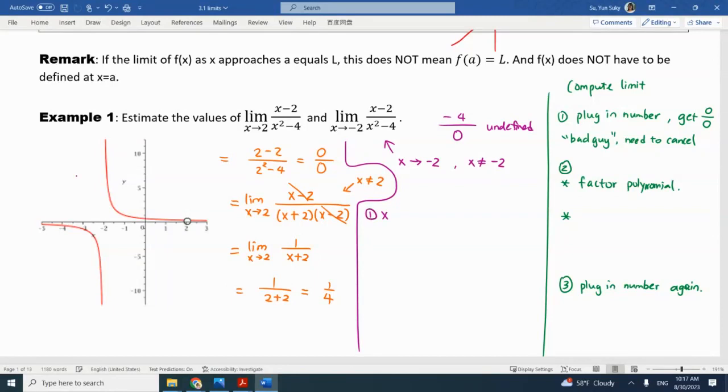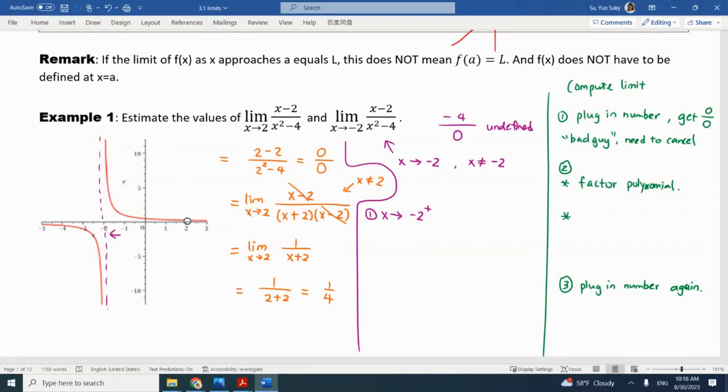Right, everybody? So, okay, we need to separate into cases. Case 1, if x goes to minus 2 from the right side. You know, the right side is more positive, the left side is more negative, right? So this means x is going to -2 from the right. You're going in this direction, okay? So if I draw the picture, x is not equal to -2. So that's why when you're getting close to -2 from the right, okay, let's see.